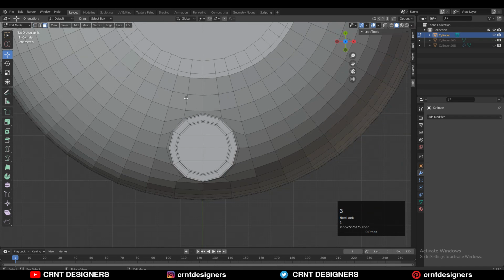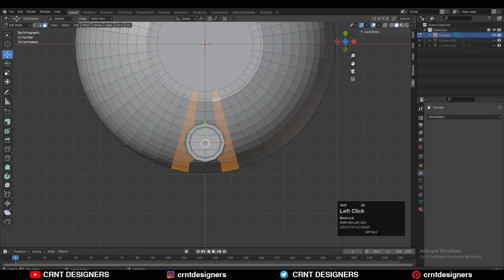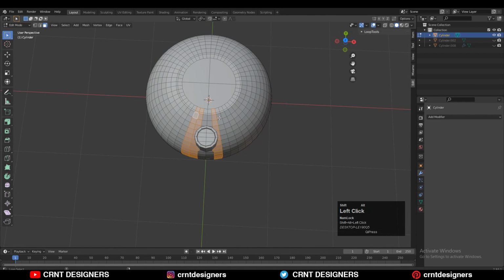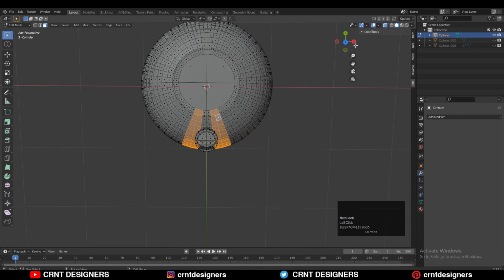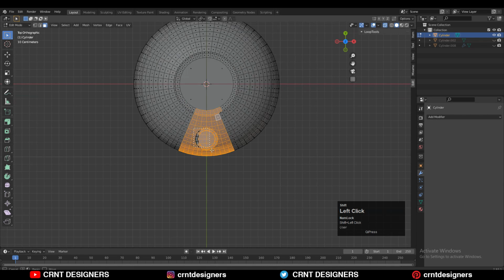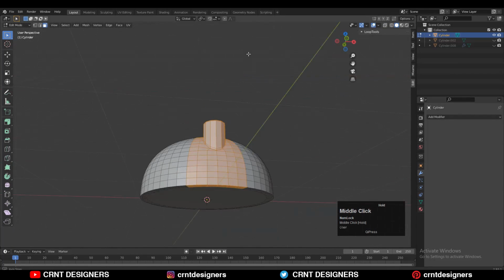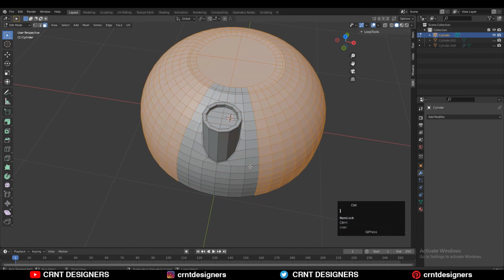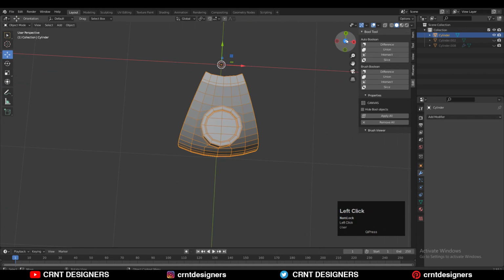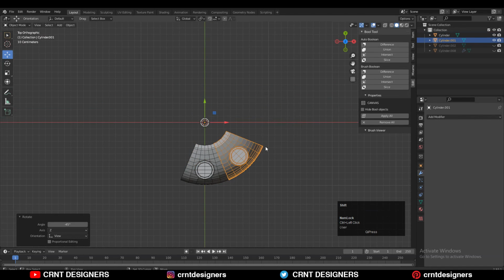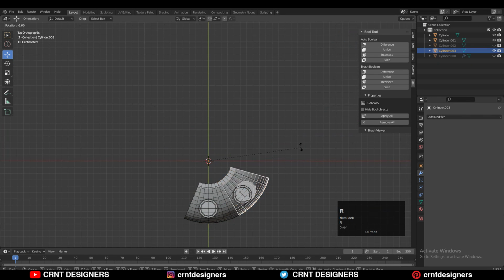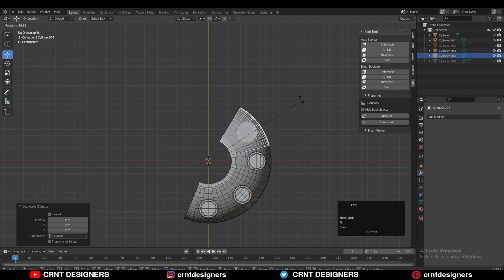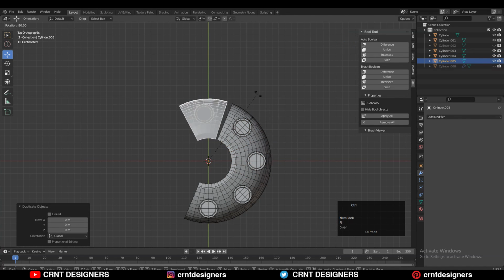Okay, that's very good. And then you can select this face loop, so you can press Alt and then select this face loop like this, and you can turn on your extrude mode and then select the faces in between these face loops. Then you need to press Ctrl I to invert that selection, because we want to repeat this pattern in a circular form. So that's why use the invert selection and then delete these faces, and then go to the object mode and you need to rotate this form like this. So just Shift D to duplicate it and rotate it to a 45-degree angle.